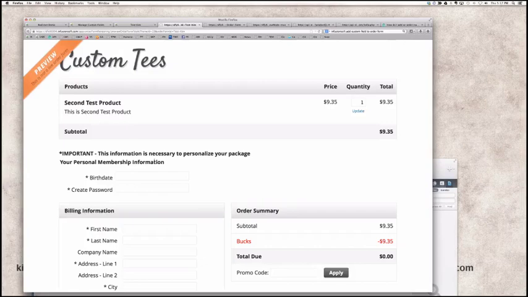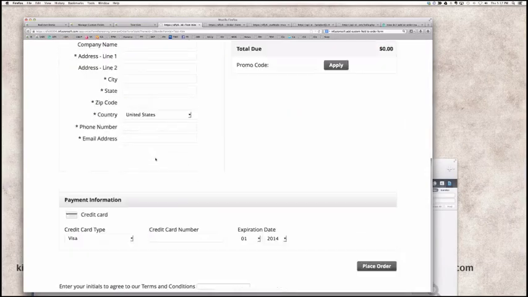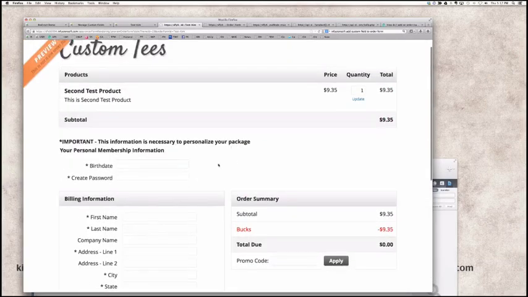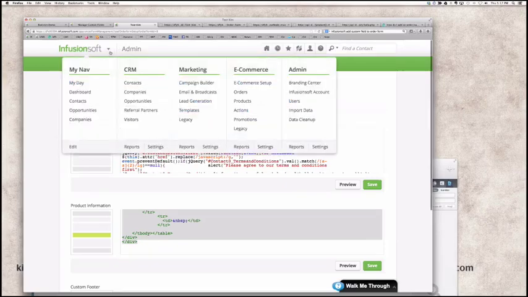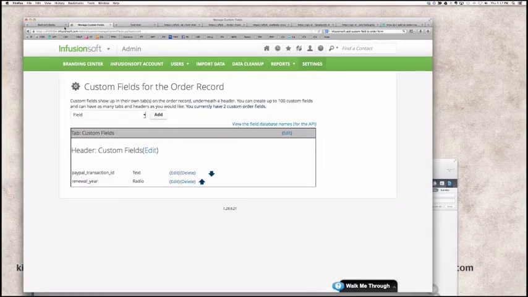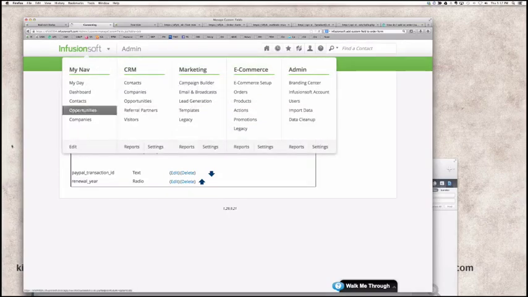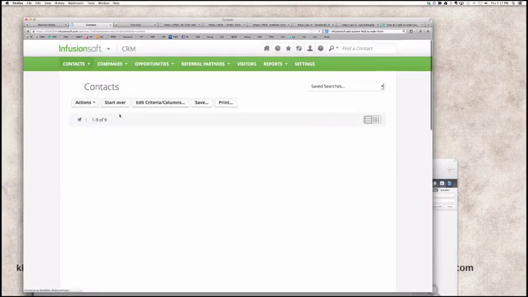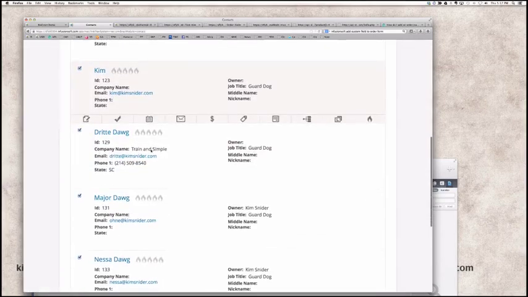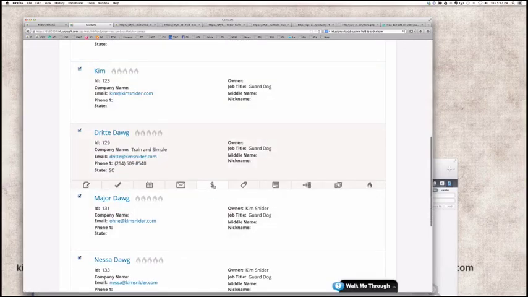Now they're not custom, but it's the same idea. Okay, and then that I didn't get working, but anyway, same idea. I mean, it works, it's just in the wrong place, because it's a sandbox account. Okay, so there's your deal. Now just again, this is totally off topic, but because we asked and we're doing it, so now if I went to Drita, who did place one of these orders, and I want to look at that, find Drita dog, and I look at her orders,